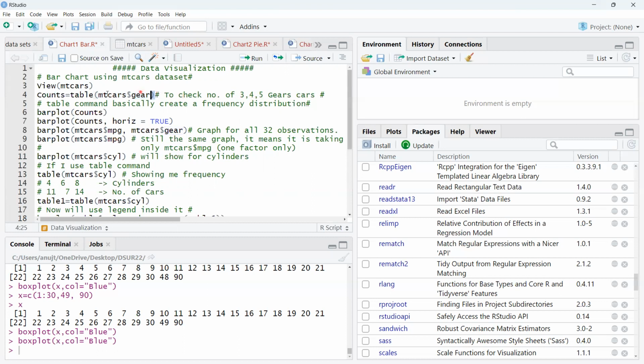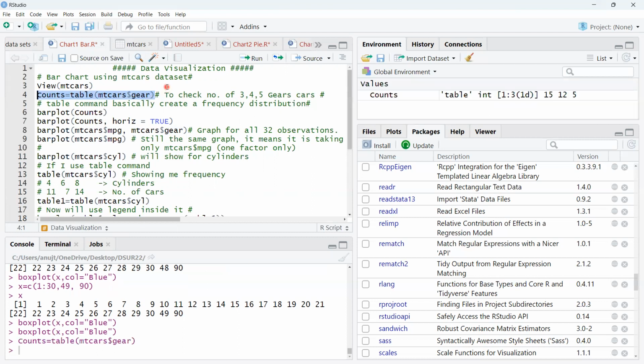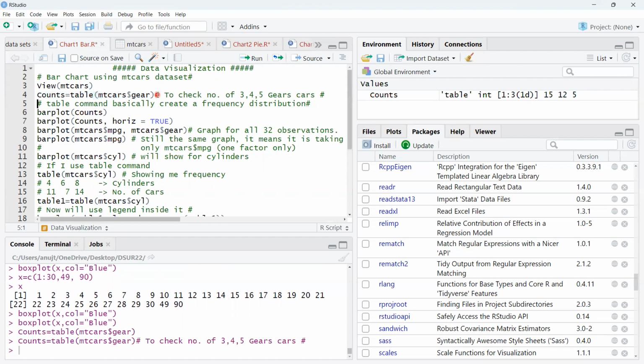If I run this line of code, it will come in counts. That frequency which the table function has created will come in counts. Now I want to create a bar plot. How to create a bar plot? You have to type barplot, bracket, counts. And if I run this,